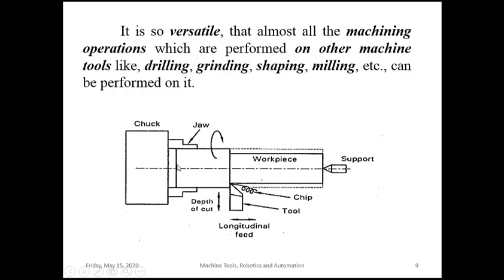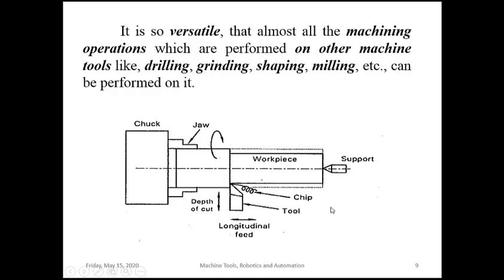This is one end of the workpiece, and this is the other end of the workpiece. This part of the workpiece is already machined, meaning material from this part has already been removed. You can see the headstock here, and here is the tailstock, which will be used to support these slender objects.